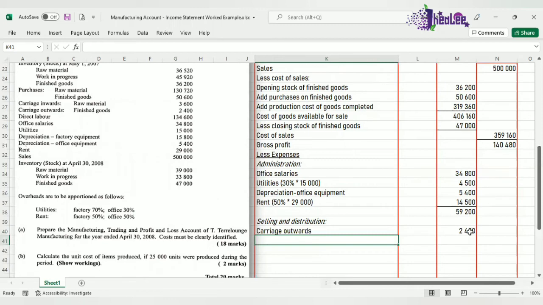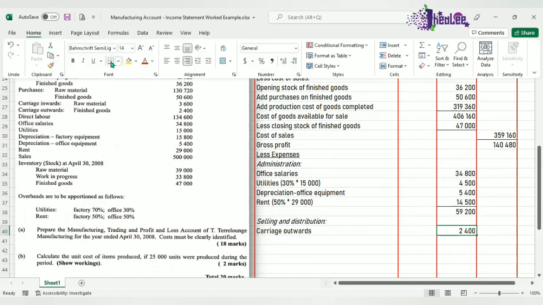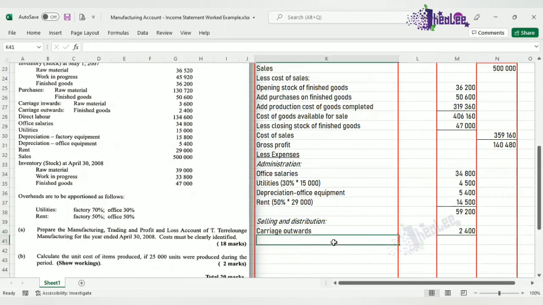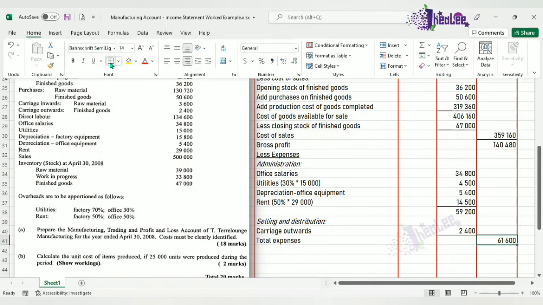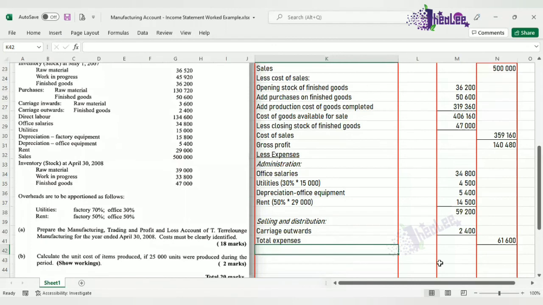So therefore, we are just going to add our selling and distribution cost, which is 2,400, to the administration cost of 59,200, and that gives us total expenses of $61,600. Now this figure will be subtracted from our gross profit, and then that is going to give us our